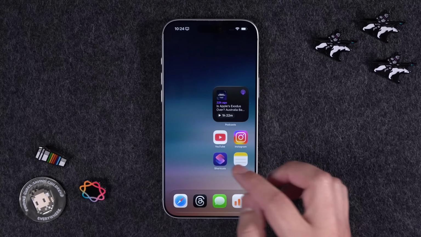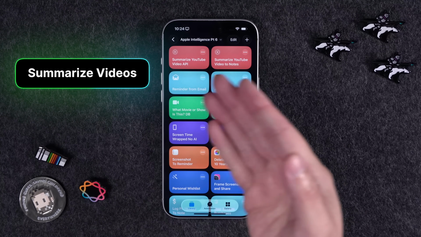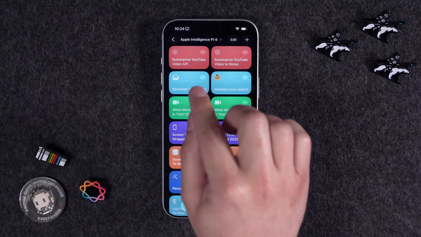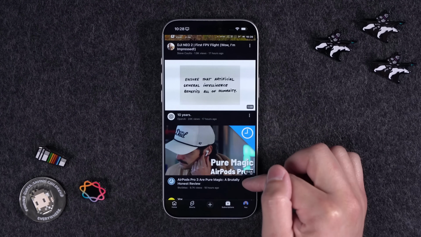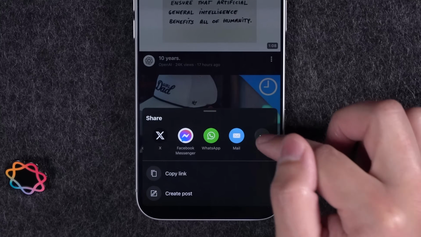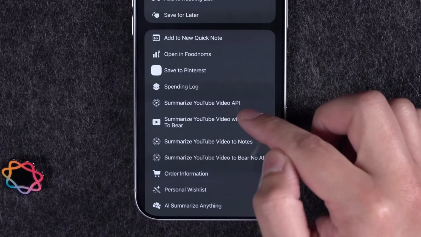Let's get into it. For a long time, you've been asking for shortcuts that can summarize YouTube videos, and I finally did it. Now I have two versions, one that uses an API and one that doesn't. You can run it from the share sheet right here on YouTube. I'll tap the share button here, swipe over to more, and then swipe down to run the shortcut Summarize YouTube